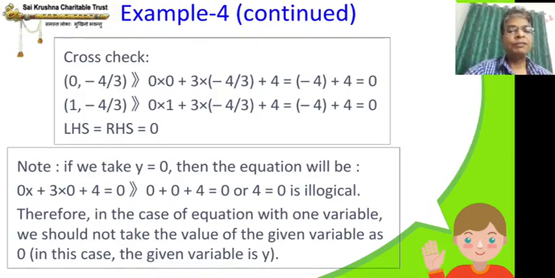But here, if one variable only is given, if the other variable is not given, then for the given variable you should not assume the value 0. So y equal to 0 you should not assume, because y is always going to be minus 4 by 3, which we will see at the later part. You might have also got some answers. Some of you would have worked out yourself, and you would have seen that x may take any value, but y will be always minus 4 by 3 in the case of equations where one variable is missing. Okay. So pause the video. You can note down this page, previous page together, and then understand. Meanwhile, we'll move to the next page.